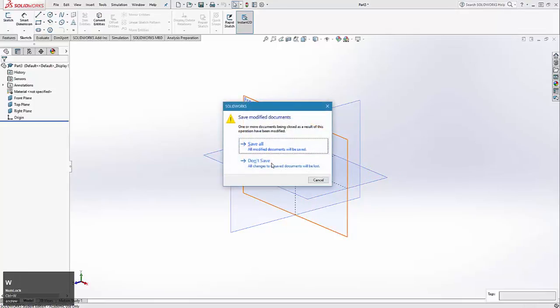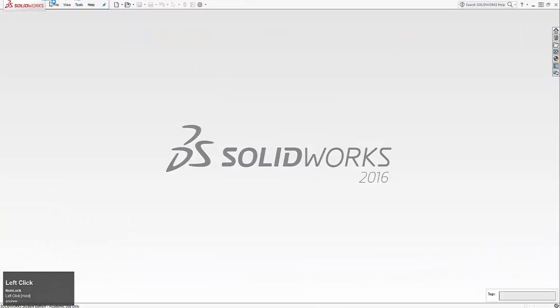But other than that, I'm going to close this one too. I'm not going to save. As always, you can go to File, Save, when there's a document here. I actually closed the document just now, so I have nothing to save. But with that,